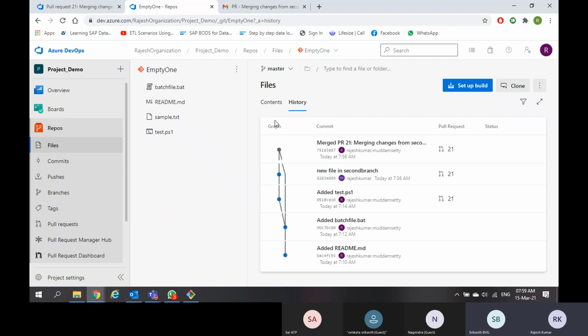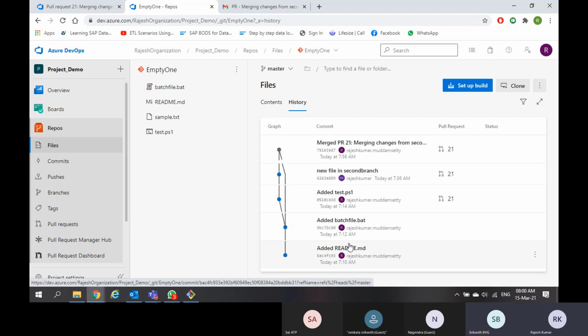Okay, merge conflicts. Suppose this is test.ps1 file. This test.ps1 file has 3 commits, leave aside the inside contents. When you are merging with the other branch, the other branch also has the test.ps1 file, but that has only 1 commit. Understand the scenario. I am in second branch. In second branch on test.ps1 I have 3 commits. On master branch test.ps1 I have only 1 commit.